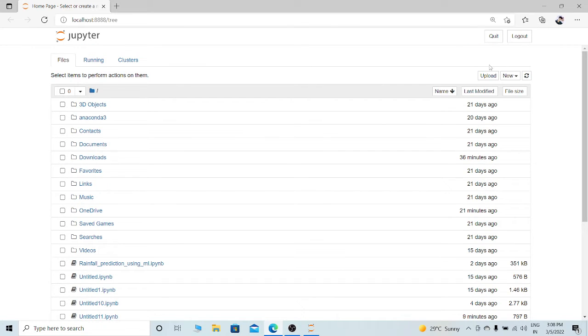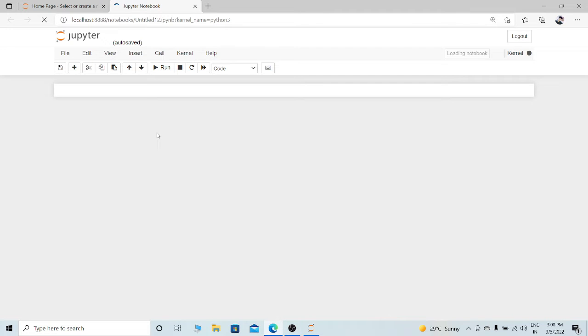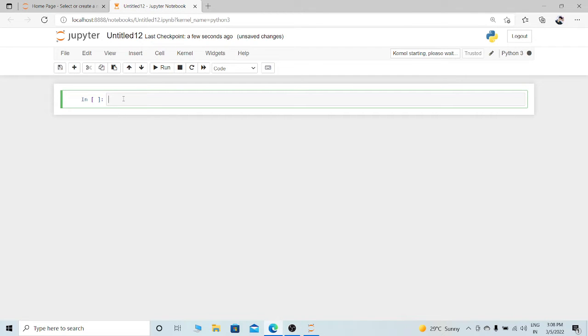And second is how we can import a dataset in Jupyter Notebook. So let's get started. Click on the new button, go to Python 3, and it's loading. It's open, and